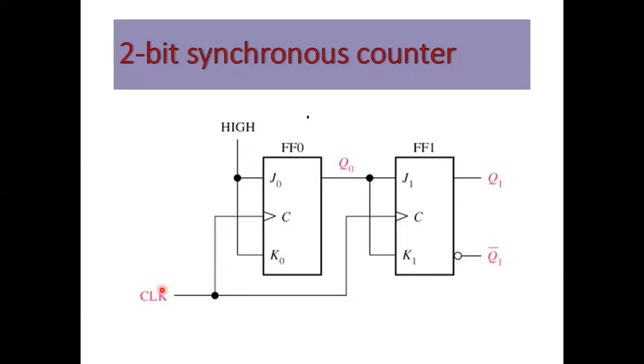Now coming to the clock section. I take a common clock and I connect the clock to all the flip-flops. In asynchronous, you connect the clock only to the first flip-flop. But here, you can connect the clock to all the flip-flops. Got it? So we have 1 here. The input is 1, and this flip-flop will start to toggle 1 and 0.